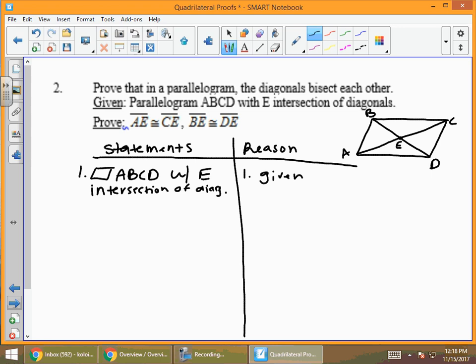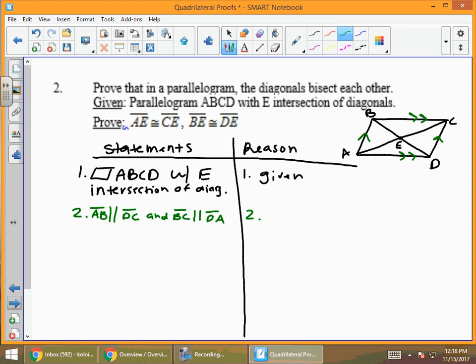So, right off the bat, we're given a parallelogram. What do we know about parallelograms? Their opposite sides are parallel. So that's what you want to do right away. Step 2: state the opposite sides are parallel. We're going to say AB is parallel to CD, and BC is parallel to DA, right away. I have a parallelogram, I'm saying their opposite sides are parallel. And I know I'm going to be using that